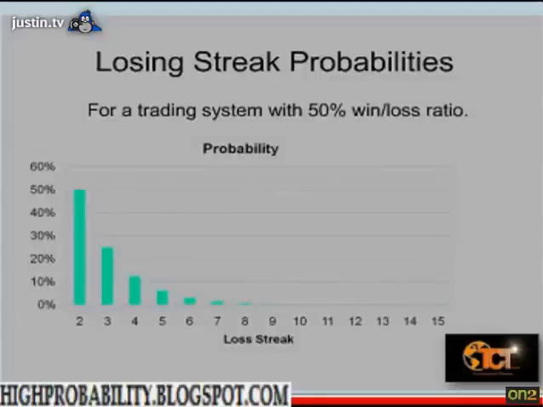Now let's just do a quick slide here. It just shows that if we've got a trading system that wins and loses 50% of the time, and this is a fairly typical trading system, there's a lot of good systems out there with a 50% win-loss ratio. You'd hope in the end that your wins are bigger than your losses, but in any case 50% of them are winners. So this is just a simple graphic which shows that, for example, the chances of you having 6 losses in a row with such a system are around the 4 or 5% mark. So there is a chance you'll get 6 losses in a row.